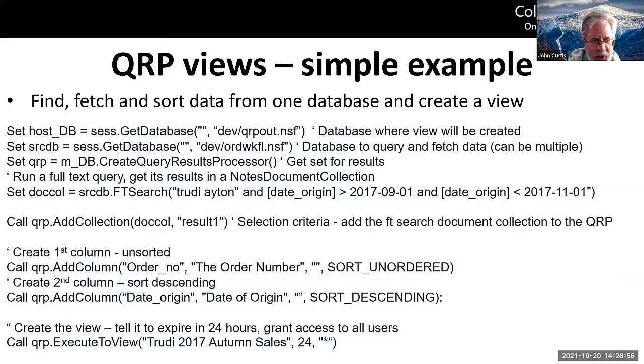And then I'm saying, okay, that document collection, that dot call, I want to tell the QRP about it. Okay, so I'm going to pass in that dot call and call it result one. The reason for the name, as you'll see, by the way,